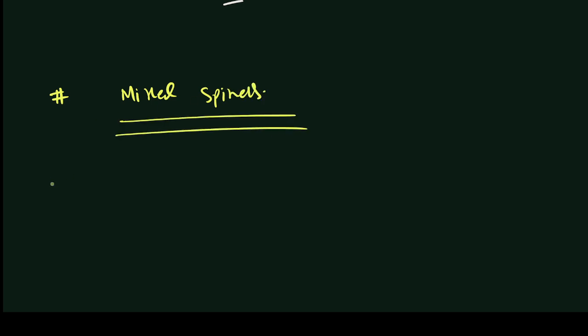Now we will discuss the third type of spinel, that is the mixed spinel. Mixed spinels are possible when the CFSE is 0. If the CFSE of both